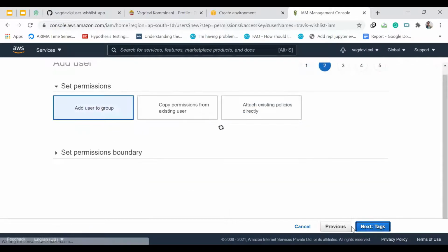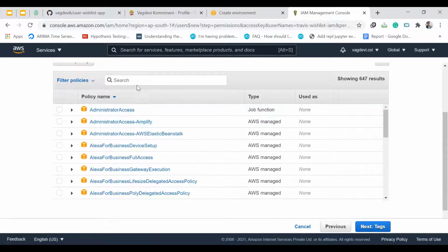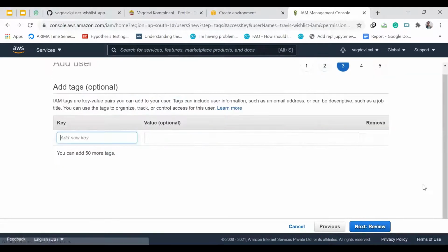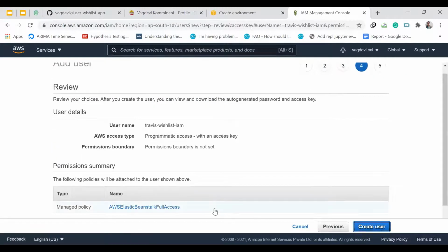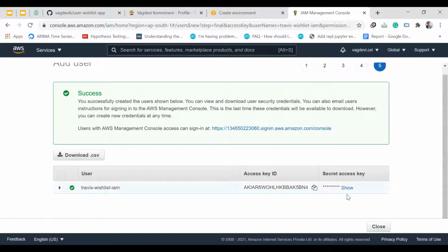So next, attach existing policies directly. Then we want the policies for Elastic Beanstalk. We shall give the full access. Next, next, and create a user. Okay, so these are our credentials. We will configure these credentials in the Travis account. So now go to Travis.